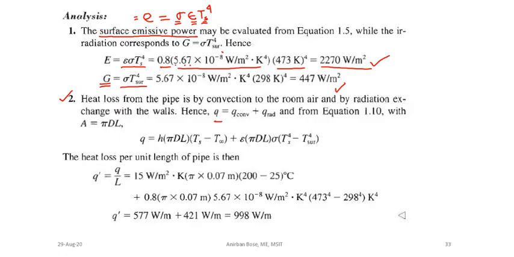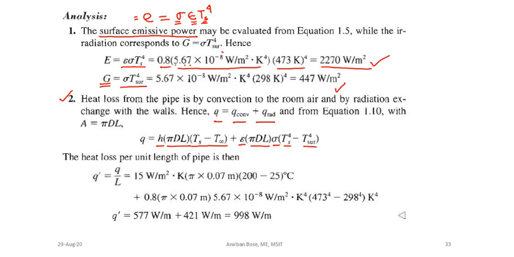That Q, the rate of heat transfer, has two parts. This is the convection part, h into (Ts minus T infinity), which is the flux, multiplied by area, which is basically the rate of heat transfer by convection. In a similar way, it is sigma into epsilon into area multiplied by (Ts to the power 4 minus T surrounding to the power 4). Okay, so in this way you find out what Q is.